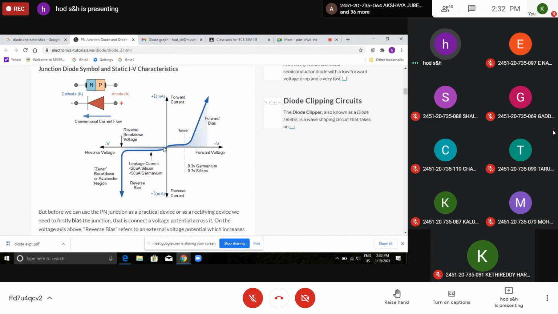So what you should do, from this you should draw like this, and here the corresponding current value you are getting, a point here, you drop like this. Then only you will be getting the reverse bias characteristic. Okay. Further, you should find the slope. So here, this is a straight line, but here it is not a straight line. Then what you should do, you draw a tangent here like this, and for the tangent, you should take 2 points and take the slope. 1 by slope will give you the resistance of the diode in the reverse bias.